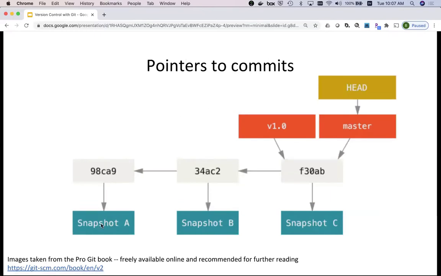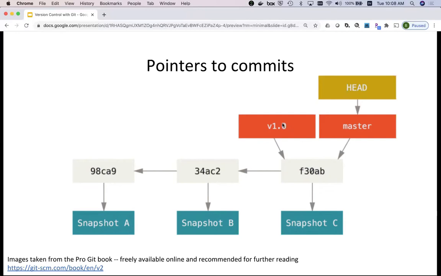So you have different snapshots of the files. These are usually what we're most interested in. We're most interested in the files. And then there's the underlying structure that Git uses to keep track of the different snapshots. One is the identification number for the commit. And then for this entire history, the sequence of commits is on a particular path of development. The development line,